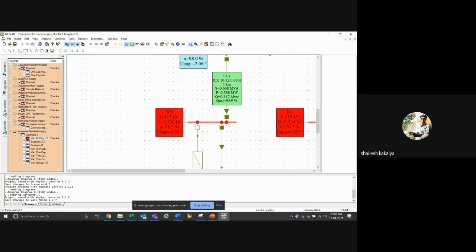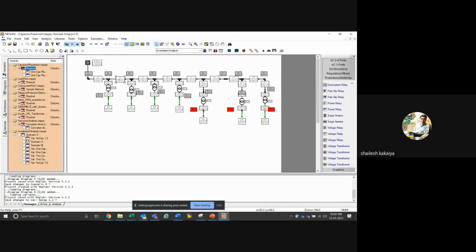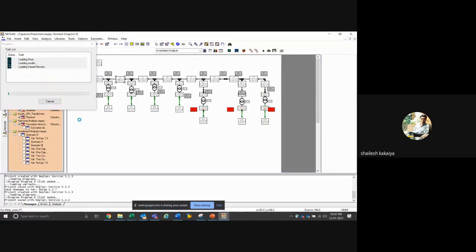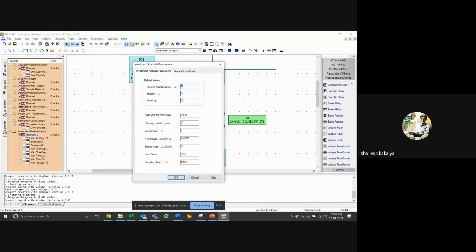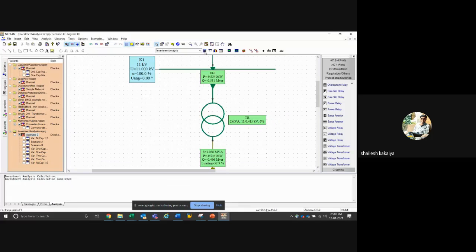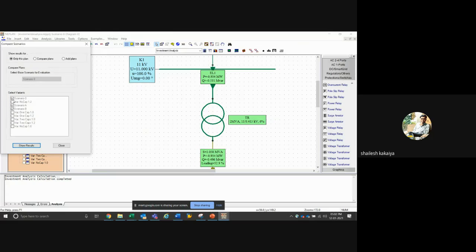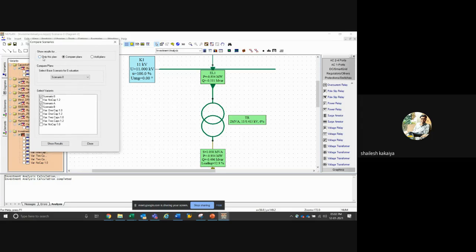So here what we have done is we have created various scenarios for each of these simulations: 2 capacitors at 1.0, 2 capacitors at 1.2, no capacitor at all. So there is a series of scenarios that were created. Now I can prepare investment analysis for this. Let me just run it. So here I'm using these compare plans. We can add only that plan or compare the various scenarios,